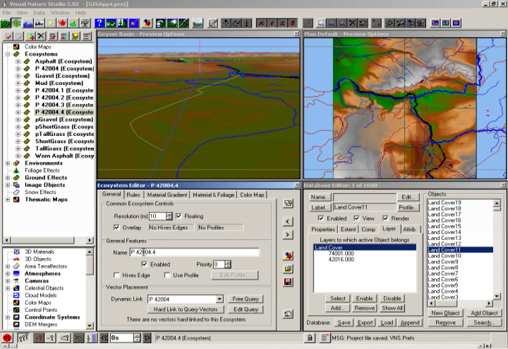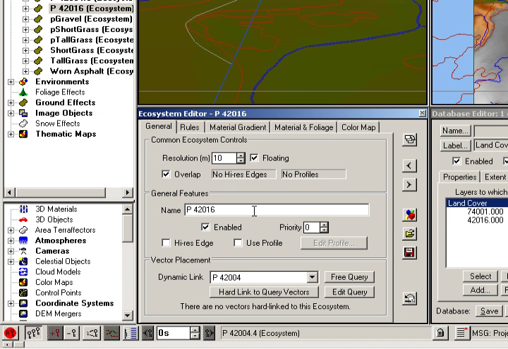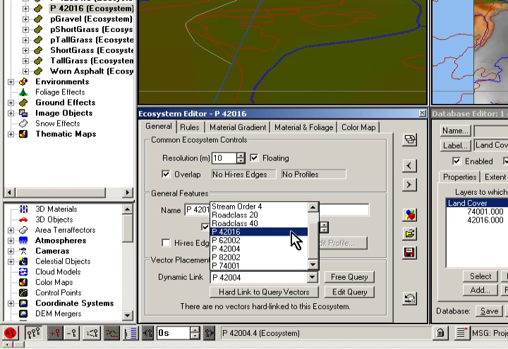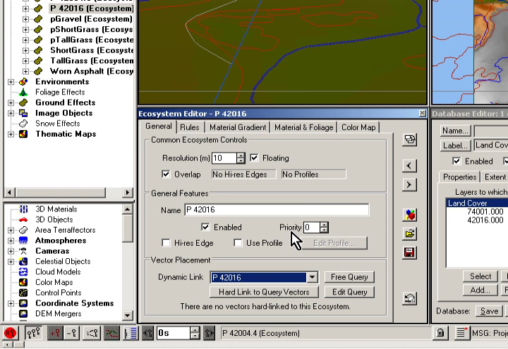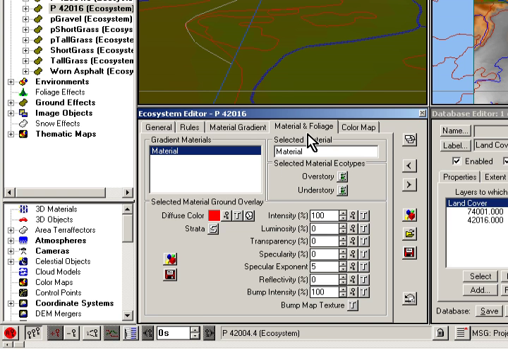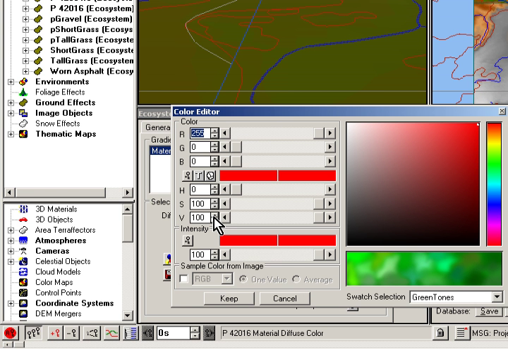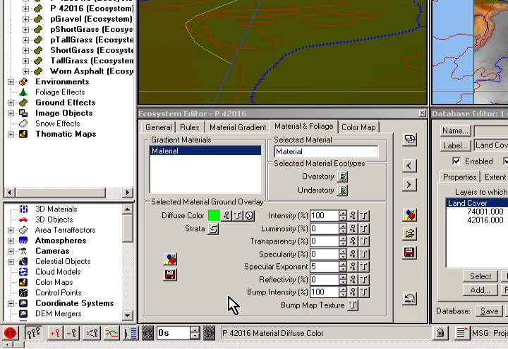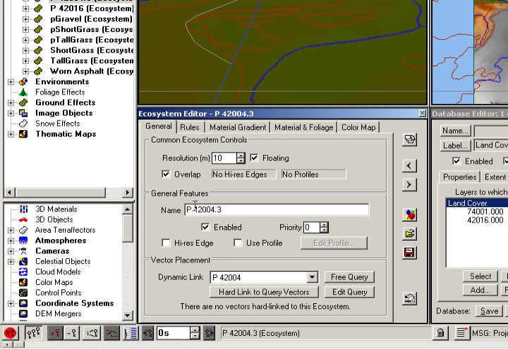Rename the open clone P42016 and select the P42016 search query from the Dynamic Link drop-down list. Turn to the Material and Foliage page and open the Diffuse Color Editor. Change the color to 0 red, 255 green, and 0 blue. Edit previous object of same type, turn to the General page, and rename the ecosystem